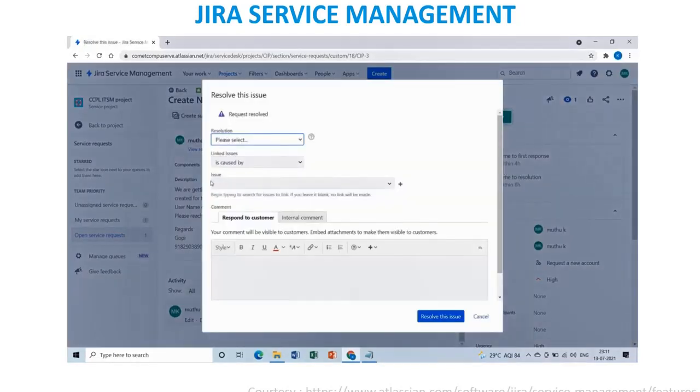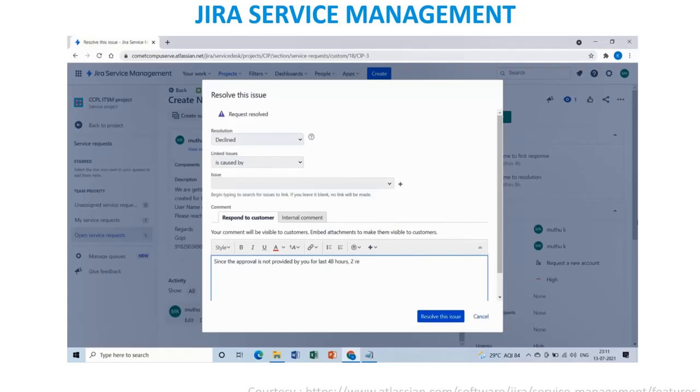So assume that the user has provided the approval mail. So what we are saying, if suppose the user is not attaching the mail, we can decline it. If the user provided the approval mail, we can process it. Anyway, I'm going to resolve the issue. So I'm just saying, since we are not seeing any attachment related to the approval mail,